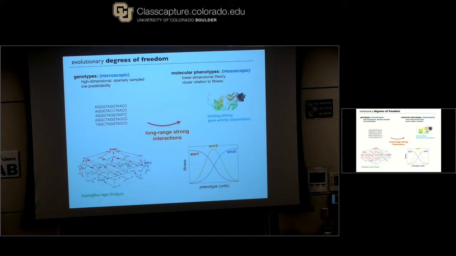And that's what we try to do. So the good thing about it is if you do these measurements in the lab, they're normally much smoother than what you would see in a genotype space. They're lower dimensional, but then you end up having some long-range genomic interactions that you produce by doing this projection